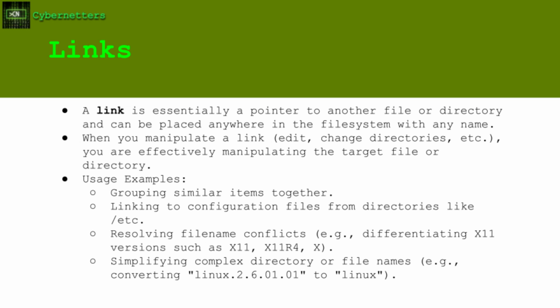Instead of looking for a long name like linux-2.6.0.1, it just creates a link called linux. So in summary, links help file management, make it easier, and reduce duplication while keeping everything